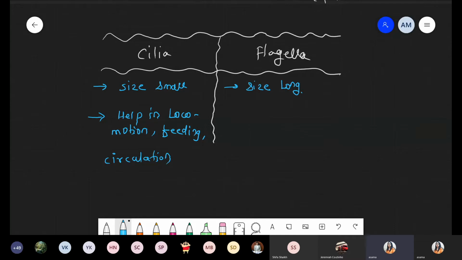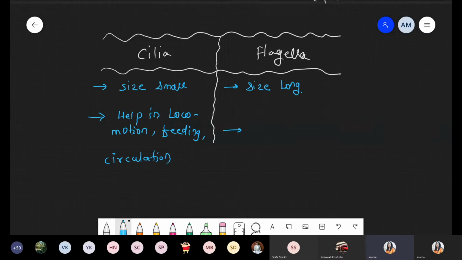Detailed examples where these are present: in the female reproductive tract like the fallopian tube. Again, it is present in the intestine layer. That typical function is also involved in the release of mucus, by cilia movement. All that part you can discuss in zoology class, where exactly cilia are present. And in this cell unit chapter we will discuss the structure of cilia and what the function is. Function means in overall, not detailed function, just quickly name. So first, locomotion, number second, feeding, and number third, circulation.